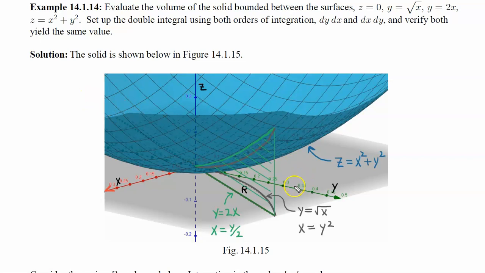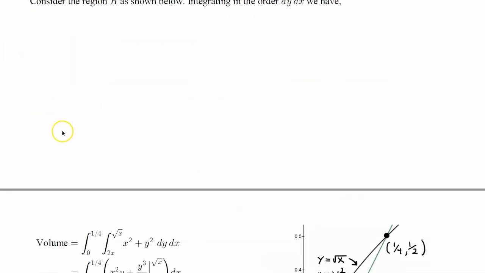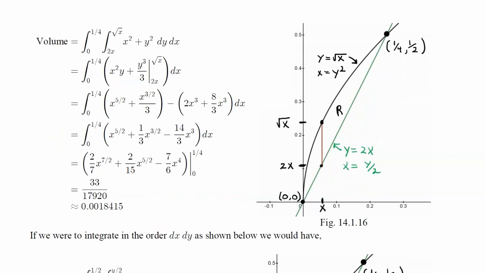Now let's set up our double integral. So let's take a look at this graphic we have below here of the region R to figure out what our limits of integration are going to be. So here we have our region R. Now here we have our double integral set up. So you notice if we integrate with respect to y first, we have to think of the x as being held fixed. Then the y is going to vary from this point on the y-axis up to this point on the y-axis over the region R, you see.